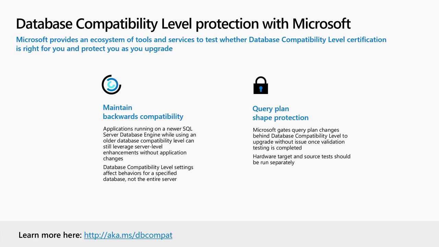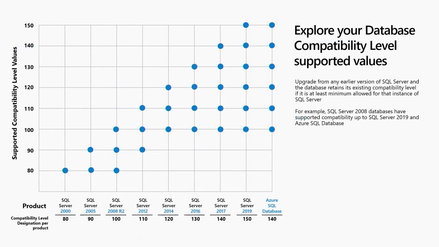If you nowadays handle a migration of your application from SQL 2008 all the way to SQL 2017, for example, it may be that a part of your workload, if you actually move the DB-Compat level all the way to the latest and greatest, you get into issues. For example, some part of your query's performance may regress, which is obviously not something you want. So the point is, you can actually move all the way up from SQL 2008 to the latest and greatest with Azure SQL Database and even SQL 2019, and still keep the compat level with which you certified your current